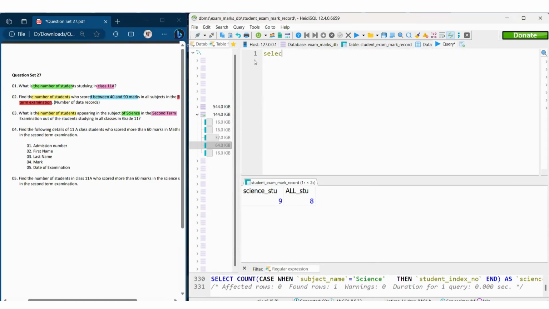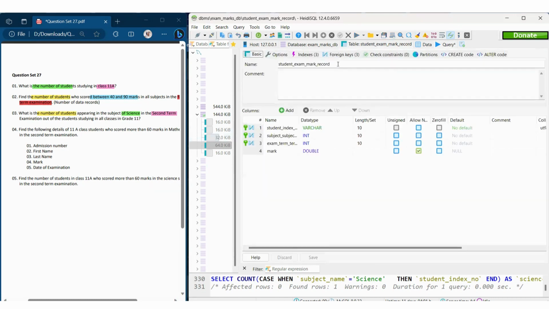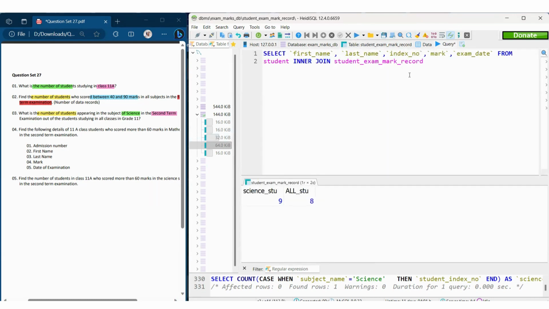So I'm going to say select first name, last name, index number, mark, and the date of examination. So that is exam date from student. I have to inner join this with the student exam record table. I'm going to say student exam record table dot student index number is equal to the student dot index number,